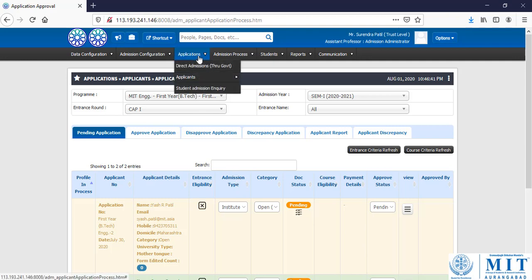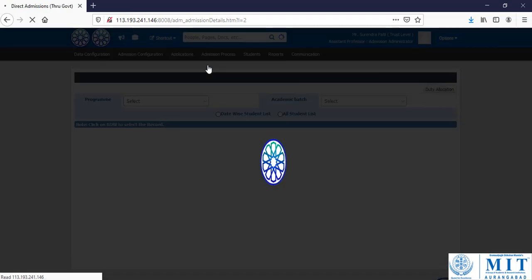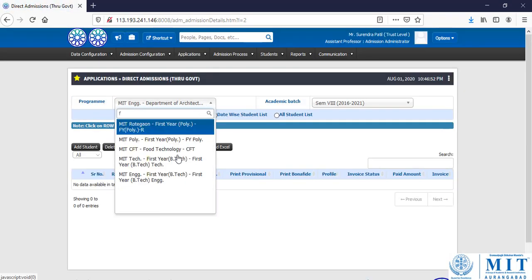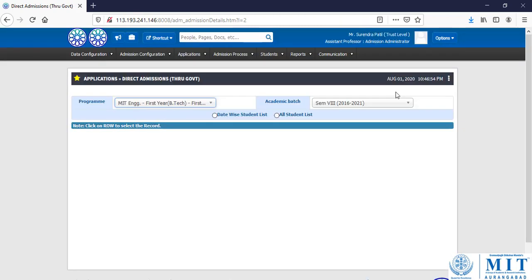For that purpose, for generating the invoice, again we go to the applications, go to the direct admissions, again select the program, select the academic batch, click on this all student list.